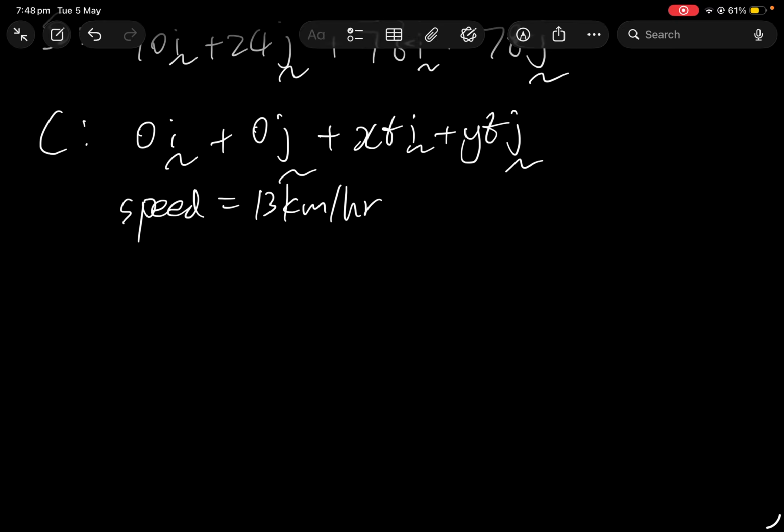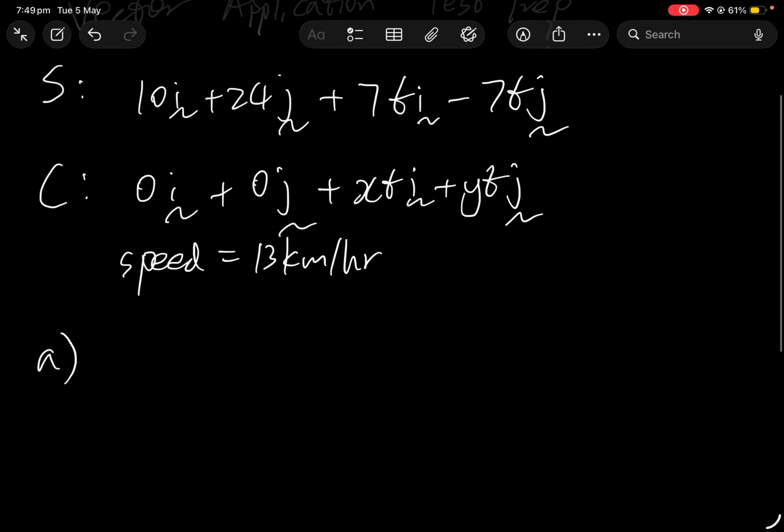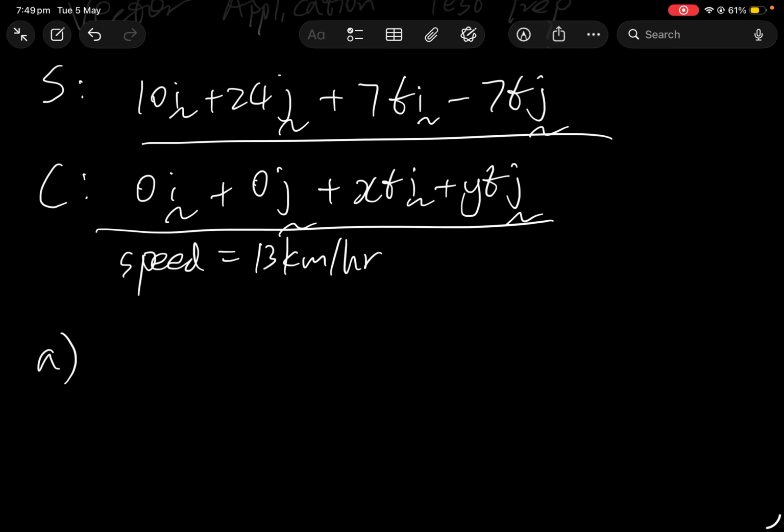So for part A of this, it says to write down the expression for the Coast Guard's velocity components x and y purely in terms of time in hours at which the intercept occurs. So basically when they intersect, their position vectors should be the same. And these two are already position vectors, so I can just say that 10i plus 24j plus